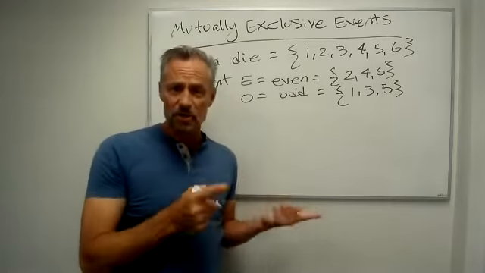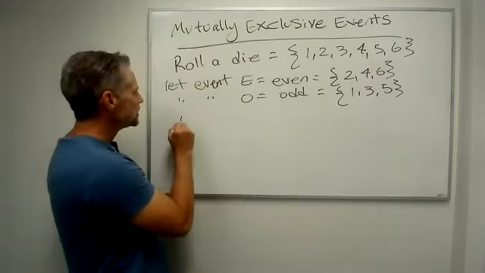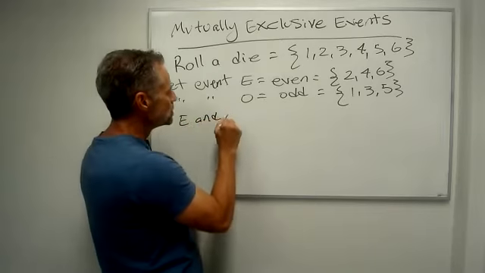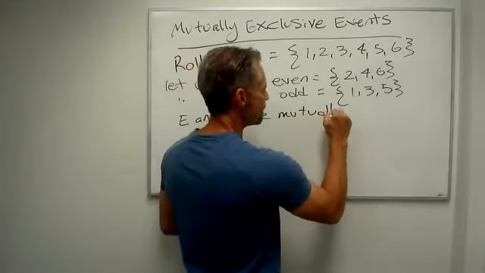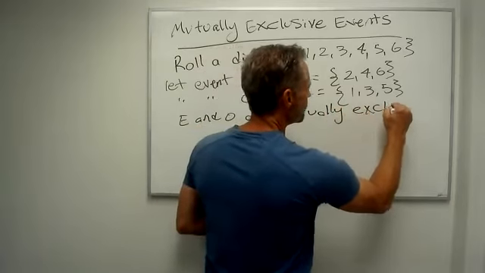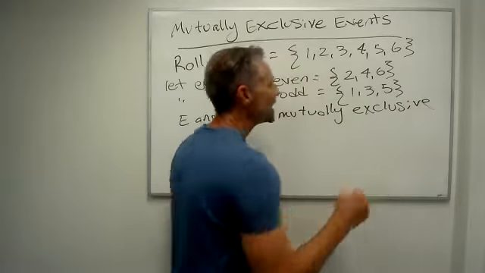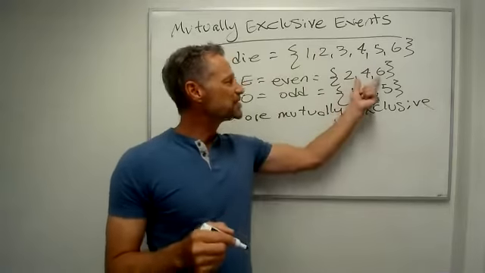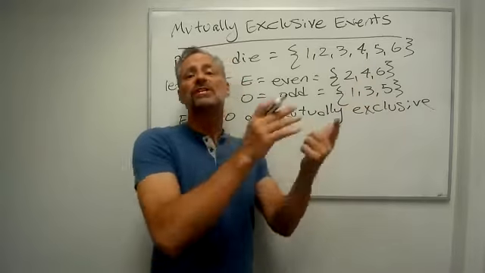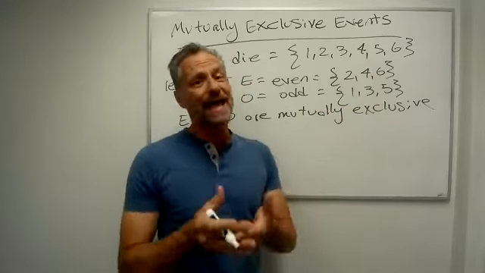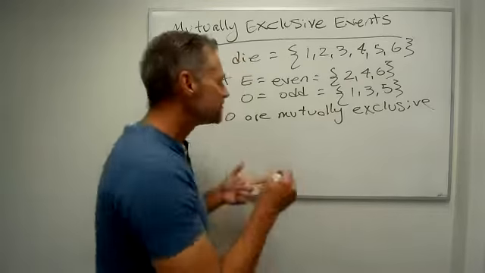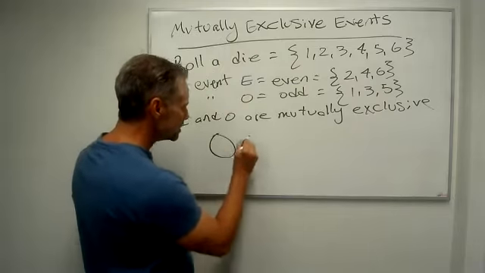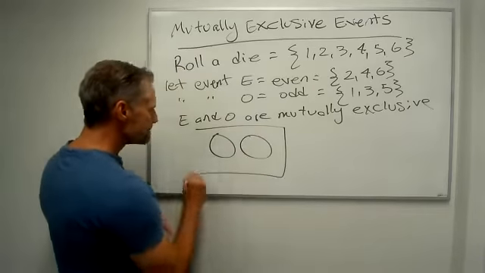Now these two events are mutually exclusive. E and O are mutually exclusive. And the reason they're mutually exclusive is they don't have any elements in common. There's nothing that could happen where you say, oh, E happened and O happened. They have no overlap. If I drew a picture of this as a Venn diagram,